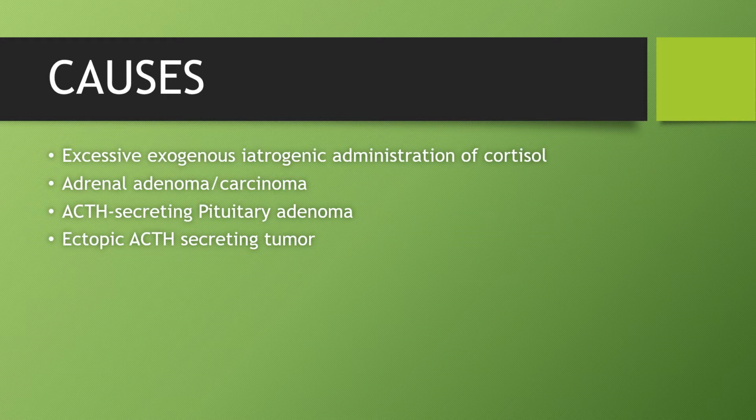Causes. What can be the causes for the development of Cushing syndrome? Well, the causes include excessive exogenous iatrogenic administration of cortisol. What does this large statement mean? It means that sometimes a doctor or a nurse is administering cortisol to a patient for the treatment of, maybe, adrenal insufficiency or something like that,